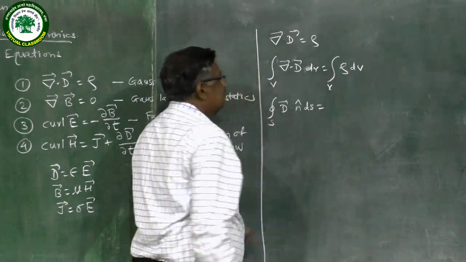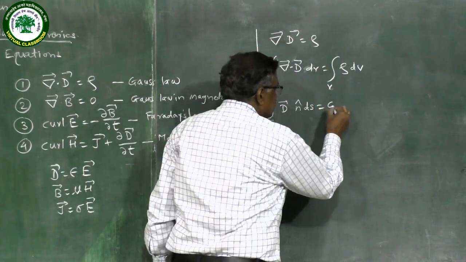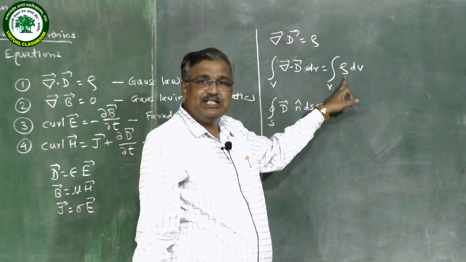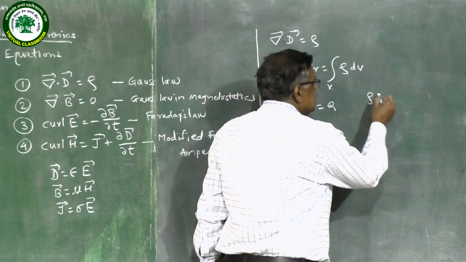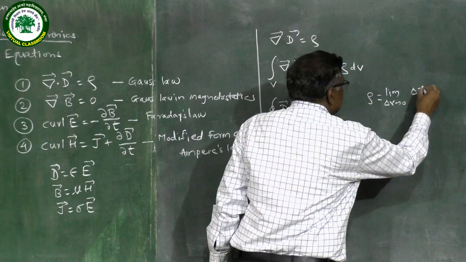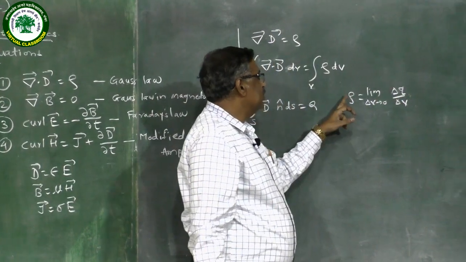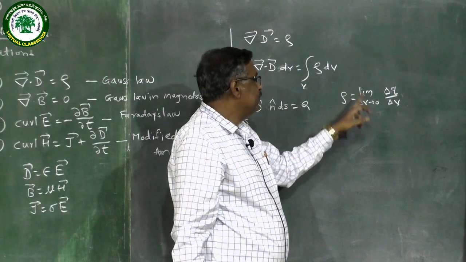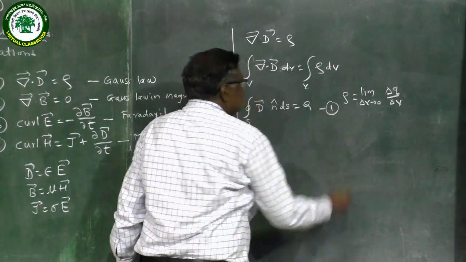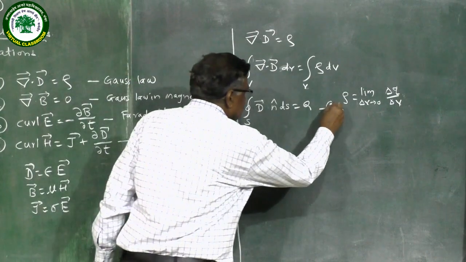the integral over V of rho dV, which is the term associated with the charge, because we know that rho is known as the volume density of charge, and volume density of charge is defined by the limit as delta V tends to 0 of delta Q upon delta V, from which you can easily calculate the value of Q. Q is equal to the integral over V of rho dV. So this is the first equation written in integral form. Call this equation A.